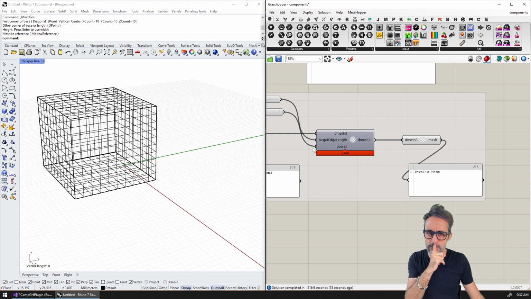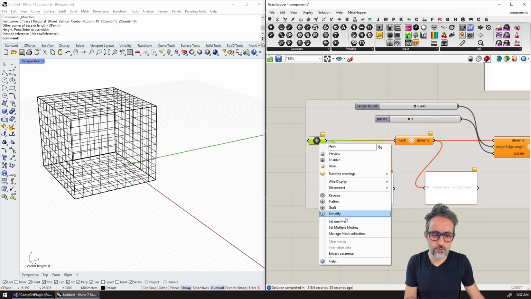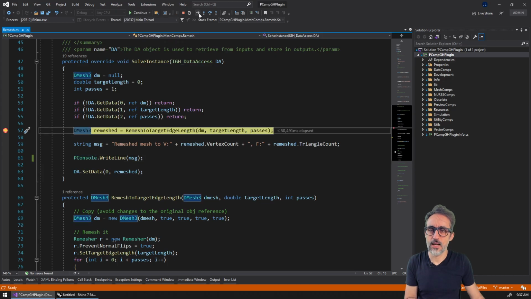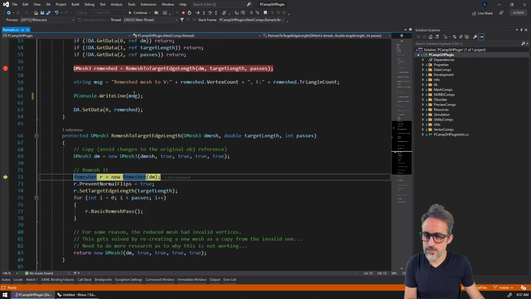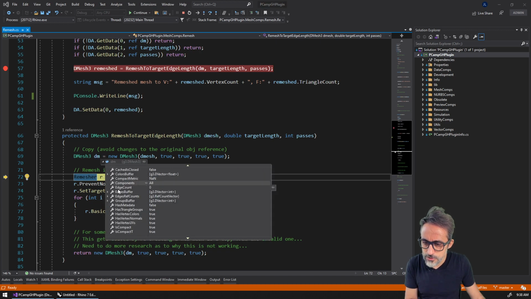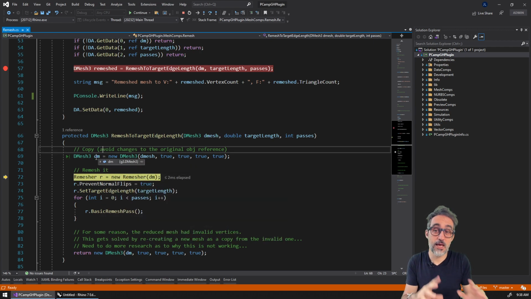Or for example, you know what? Let's try to do that again. So I'm going to clear the values. I'm going to set one mesh again, and I'm going to start. I'm going to go in, all right? And then you can see before I do any remeshing, the dmesh has a triangle count 0 and vertex count 0. So for example, because I inspected this before we went into any of the remeshing,